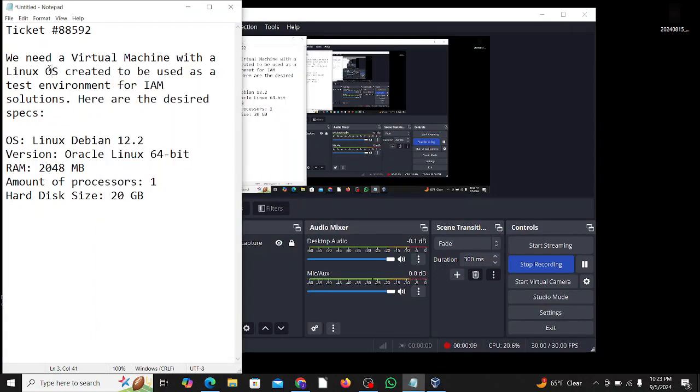So we had a ticket come in that says we need a virtual machine with a Linux OS created to be used as a test environment for IAM solutions. Here are the desired specs. As you can see, we have our operating system, a version, our RAM size, the amount of processors, as well